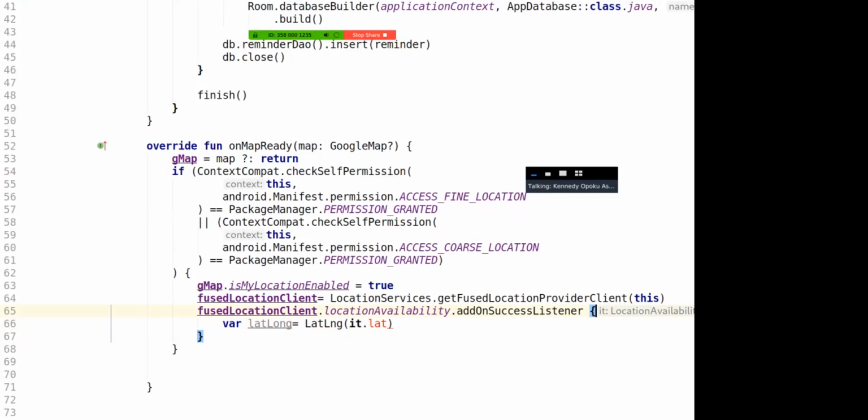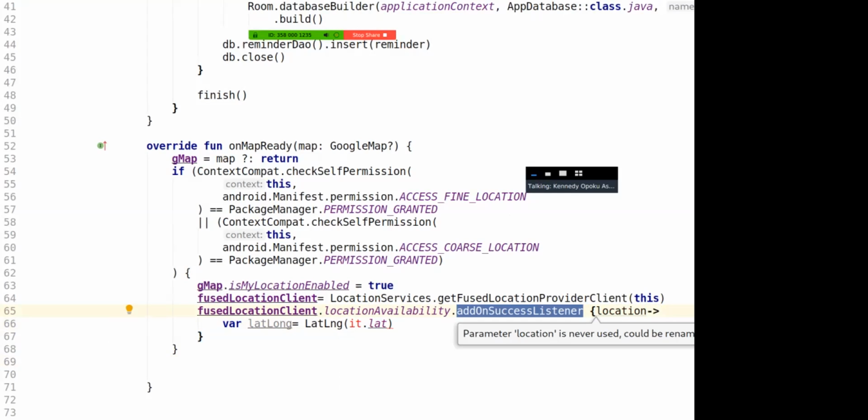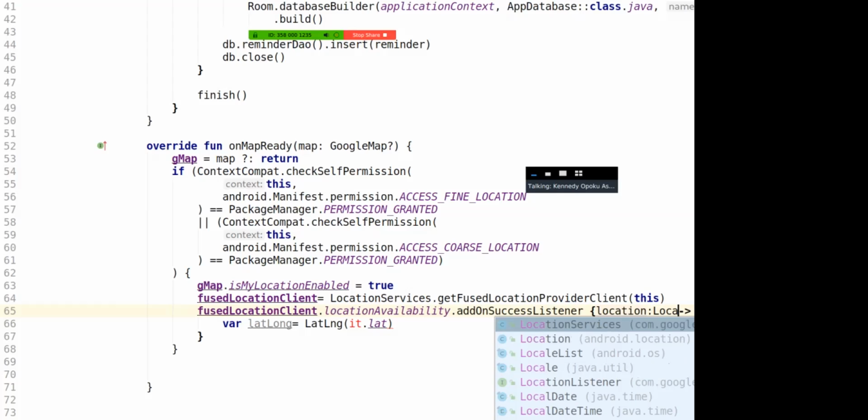So this function has several overloads, but what I want is the one that gives me location. Hold on. So this on success listener has several values, but what I want is the one that gives me a location, not the location availability option. So